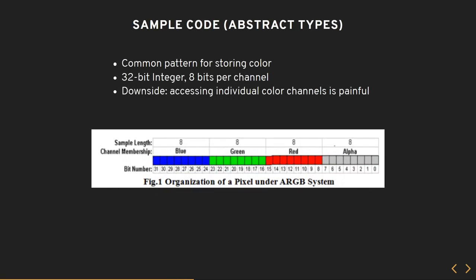Another example is for working with colors. Color is often stored in a 32-bit integer. And this is because you can neatly separate all your 4 color channels into 8 bits each. So it saves a lot on storage, but it becomes really painful to work with. If you have your color stored in an integer and now you want to see what's the red value or the green value, all of a sudden you have to do bit mask operations and bit operations on it, and it becomes a headache.